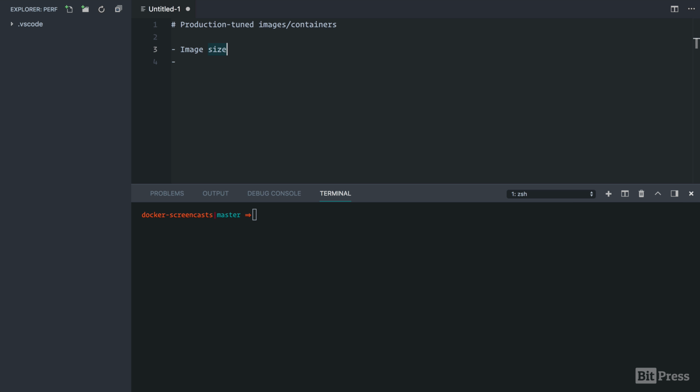So the first thing that comes to mind for me is image size. The smaller the image size, the faster it's going to pull into your production servers and build. Another area for tuning our Docker images for production is removing development specific items that production doesn't need. So I'm just going to call that removing development specific stuff. And on the flip side, there's production specific stuff that we want to enable when we're not in development. There's definitely more production tuning topics, but these are the specific ones that we're going to look at today in